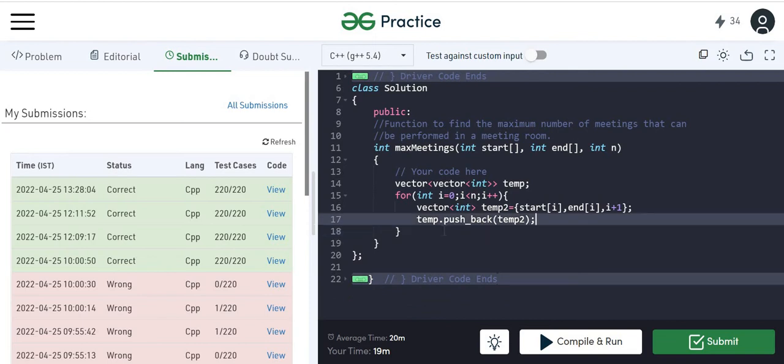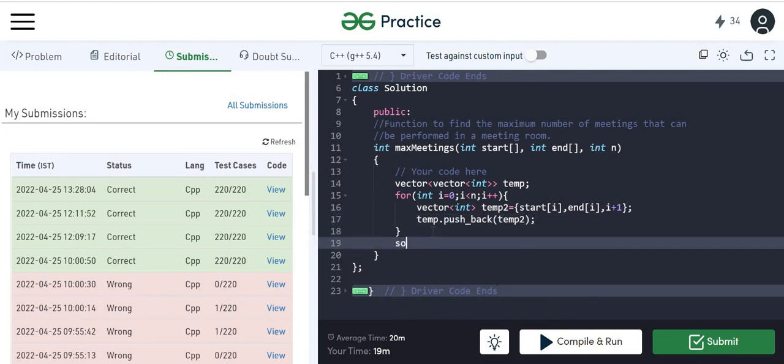After that, we are going to sort this whole array temp on the basis of the end time. The meeting whose end time is earlier, we are going to put earlier in the list. So sort(temp.begin(), temp.end(),